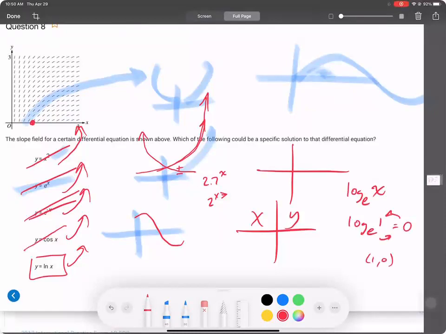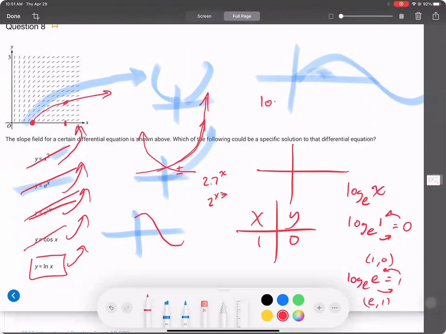And then the next value. So x is 1, y is 0. Next one is log base e of e. E to what exponent is e? That's 1. So if x is e, y is 1. So at 2 point something, 2 point something is way over here, y is 1. So we're taking up this pattern right here. That's natural log. In case you forget, logarithms, you create a table quickly and just plug in the logs you